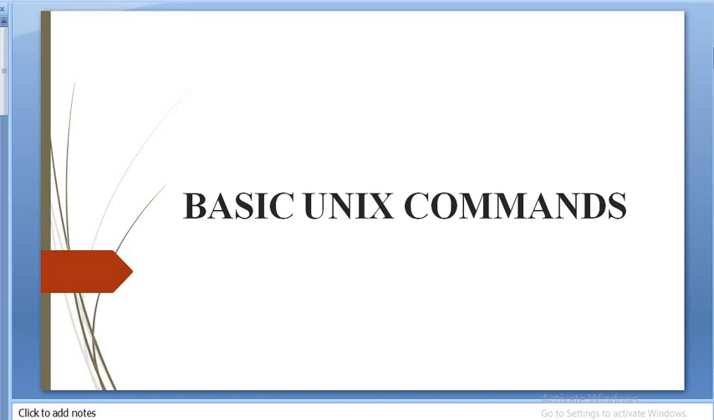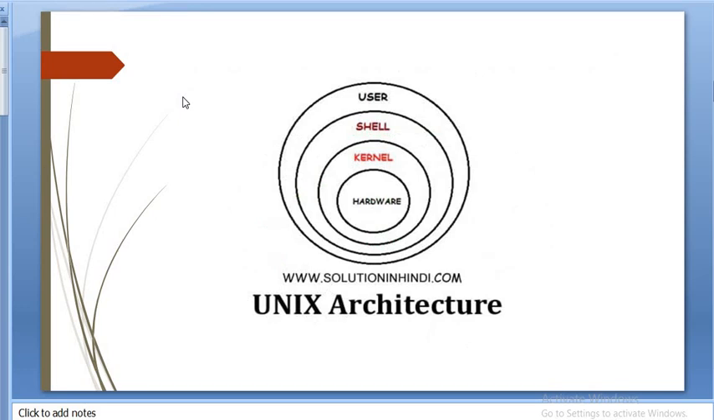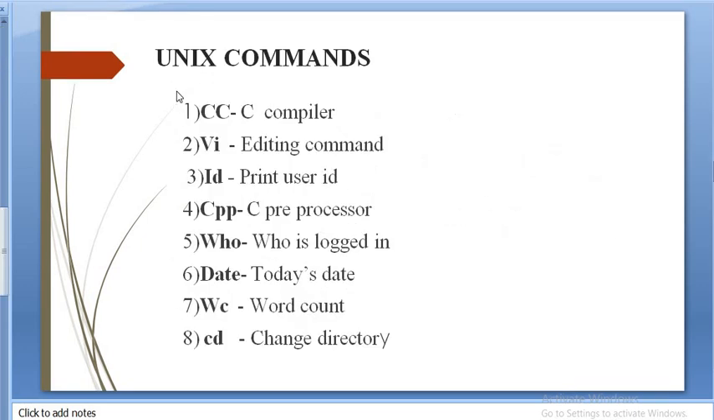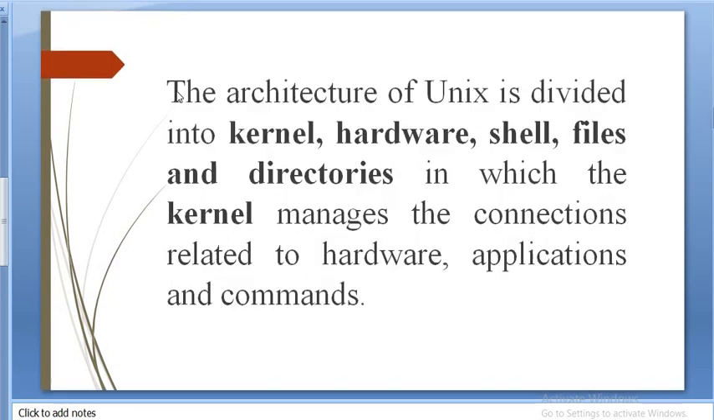Now we are going to see the 5th unit, Basic Unix Commands. This is an operating system, Unix. So this is the architecture diagram and this is the general diagram. And we are going to see the different commands. This is a very important question. See here,